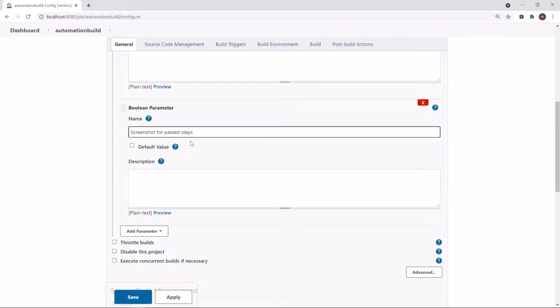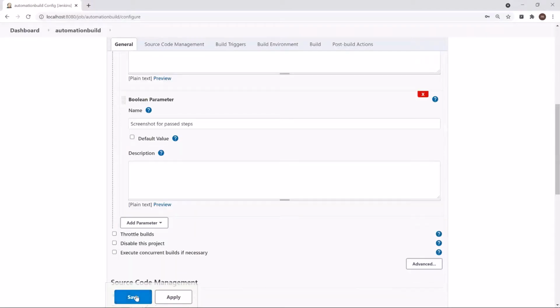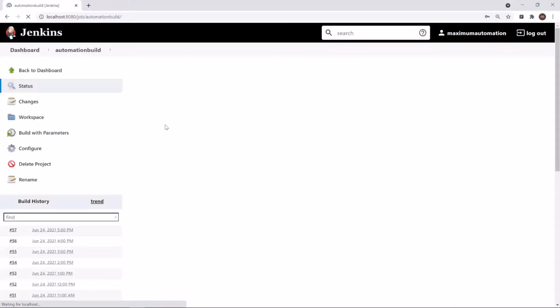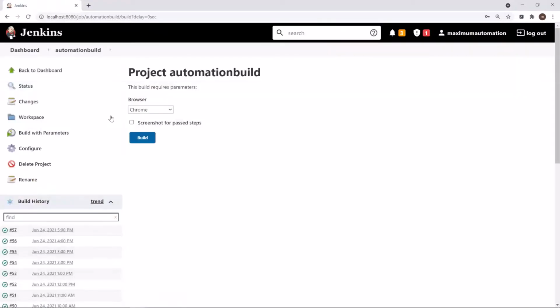And then he can provide the value as true or false based on the requirement. I'm setting the default value as false for this parameter. Now, if I save it and go back to the build page, you can see that we are getting the checkbox over here for generating the screenshot for passed steps. So this is how we can create the parameter.